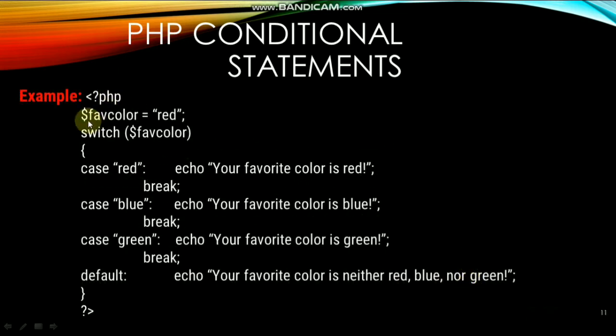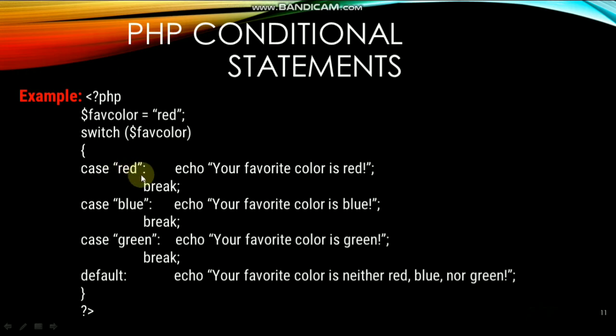Now see here, I have declared a variable my favorite color is equal to red. Okay, so this is your syntax. So here your syntax will be starting. So switch n. So my n is nothing but my favorite color. So here my n is red. So the switch statement will get the value from the variable I passed. So here it will be called as red. So switch to red. Okay, so here I am having several cases. So I am having 3 cases here and a default line here. So it will see my n. Okay, my n is red, so it will come to the case red.